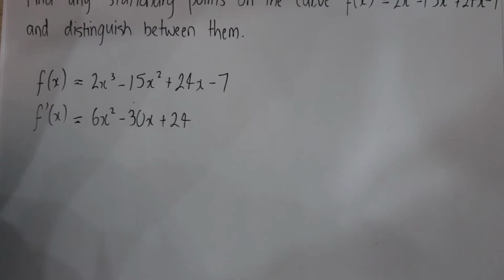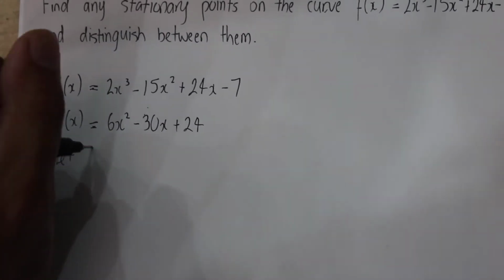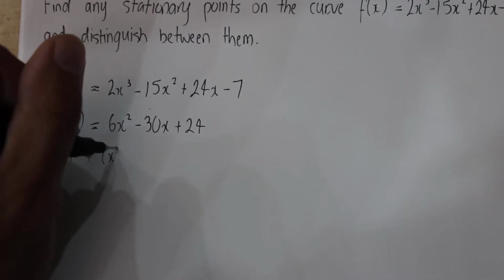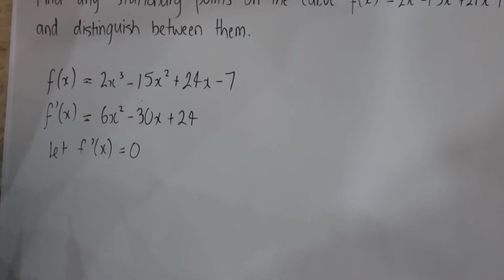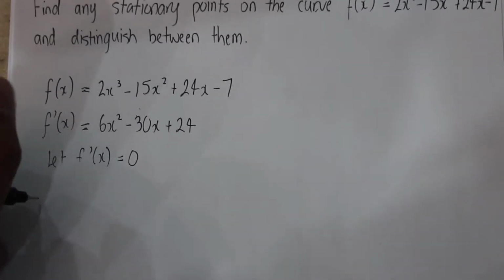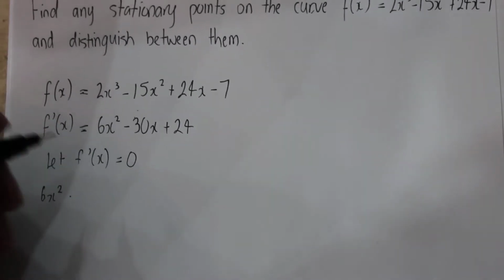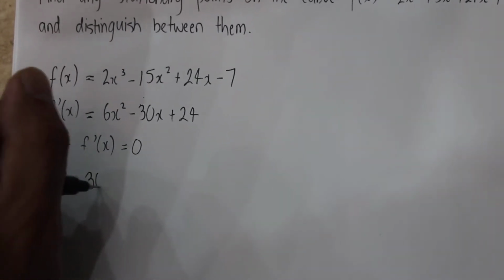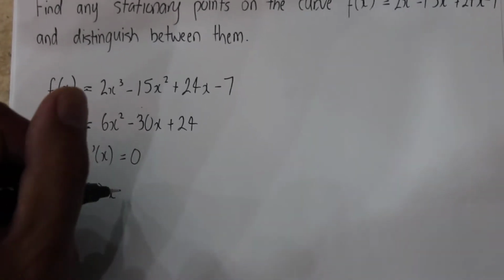Now, to find the stationary points, we let f dash x equal 0. So 6x squared minus 30x plus 24